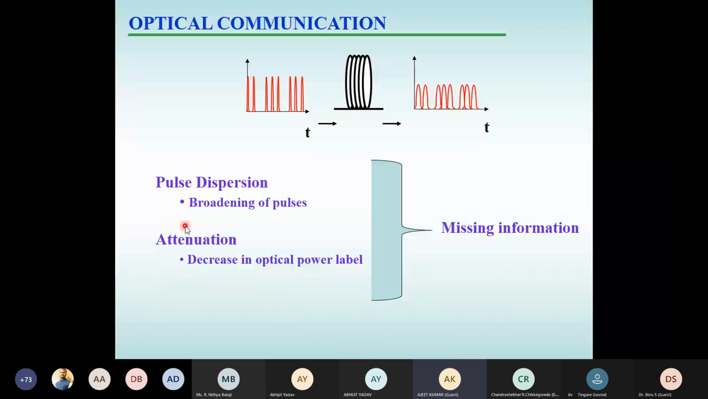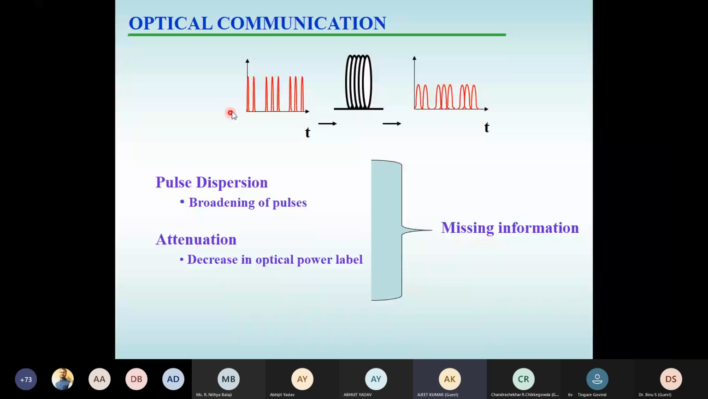Pulse dispersion means the broadening of the pulses. If there is broadening of the pulses, as you can see here, then there will be a significant overlap between the pulses. And if the overlap is such that you are missing some of the pulses, then you are going to lose the information. Similarly, in case of attenuation, the power level of each individual pulse will decrease, and if the attenuation is so high that the individual pulse at the output end